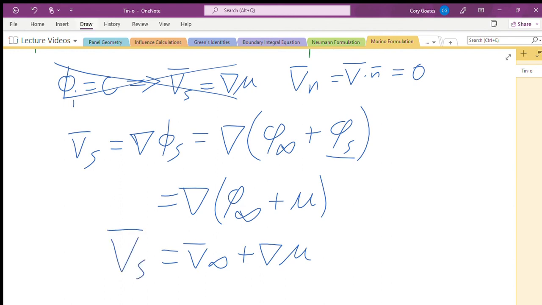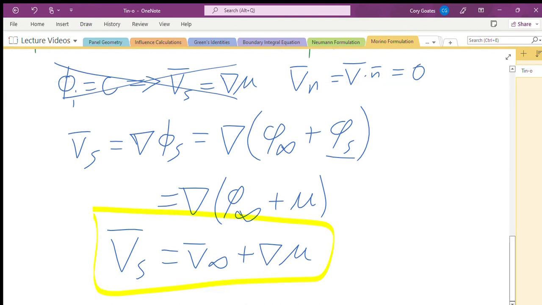Okay? So this now is what you're going to be using to calculate your surface velocities. Like I say, you calculate your gradient of doublet strength exactly the same, but you use it in a slightly different way to calculate your surface velocities. So, to get your surface velocities, use this equation, and once you've got that, you can use that to calculate forces, or pressures and forces the same as you did before. Okay, notice that sources don't come into this